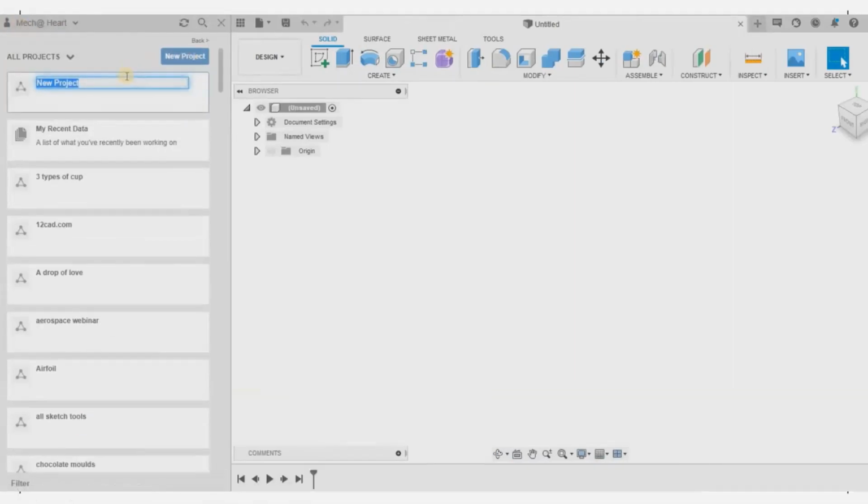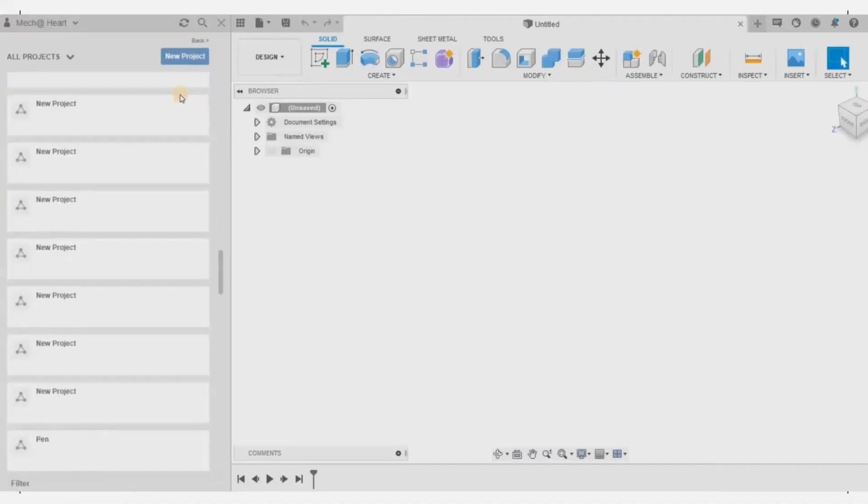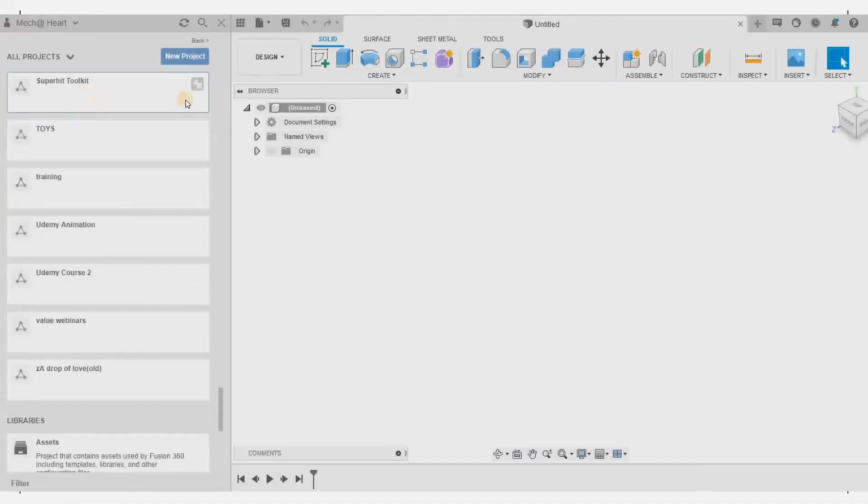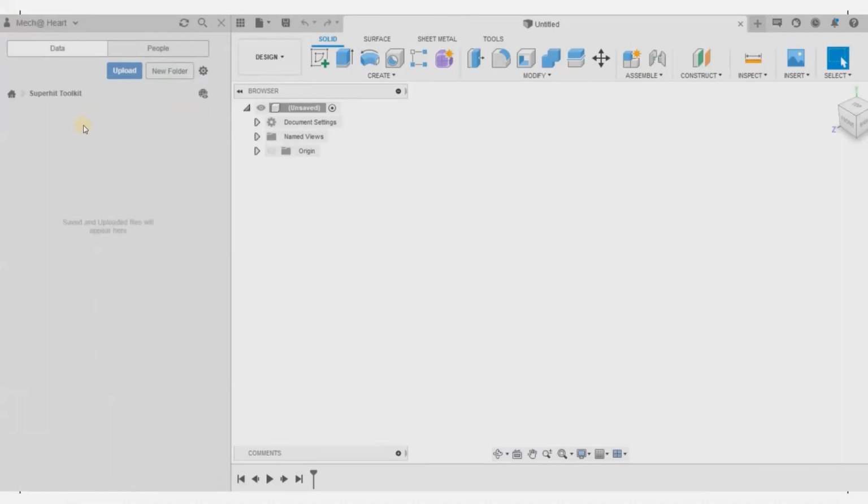After clicking the new project, they named their file Superhit Toolkit, because that's what they wanted their toolkit to be, and they created a new project. Creating a new project is just like creating a new folder. So when I double click it, all the files I'm going to create will be saved in this folder, whether any panels I create, etc.